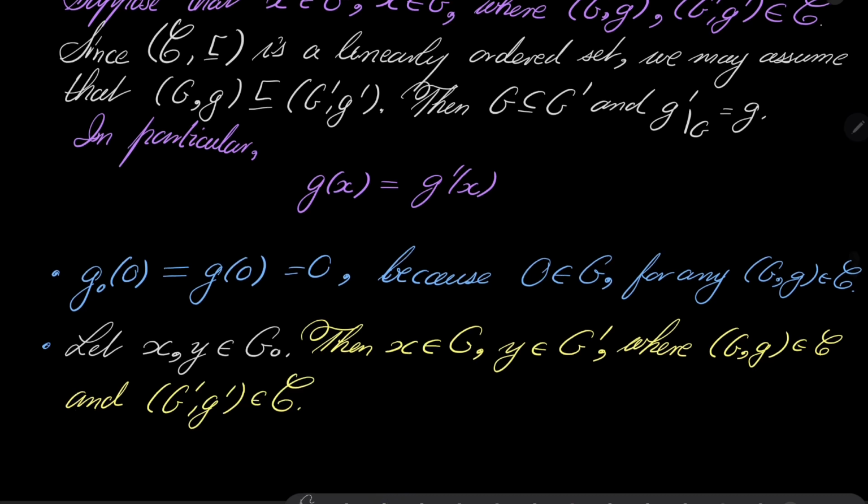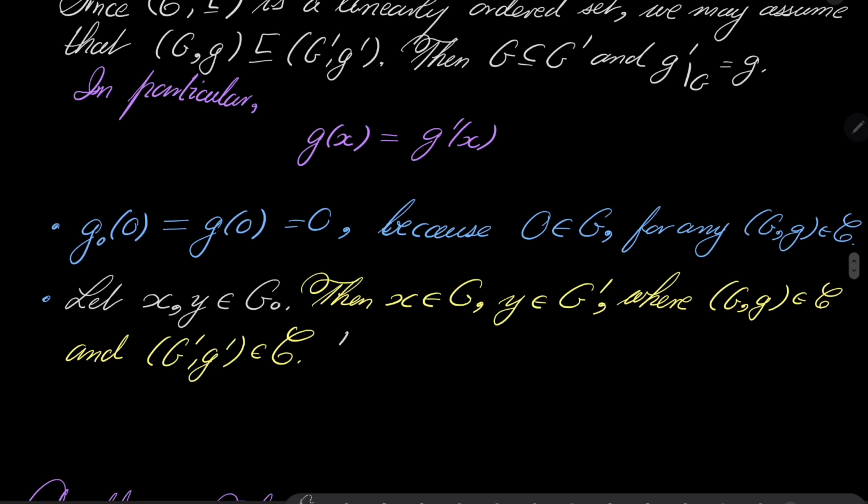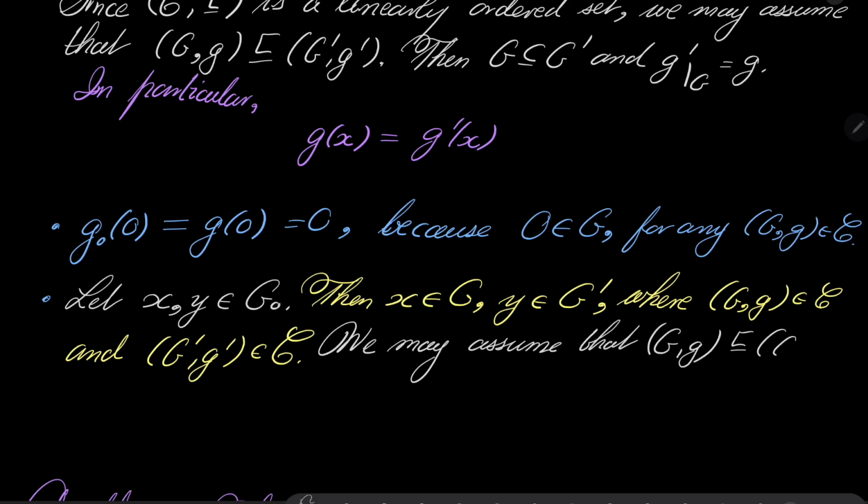Once again, it is linearly ordered. We may assume that G is in relation with G prime. So G is a subset of G prime, and G prime restricted to G equals G. Notice that then